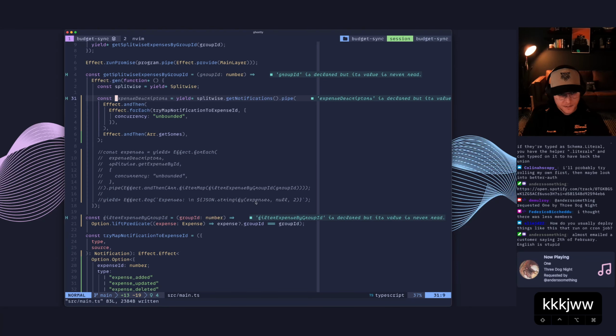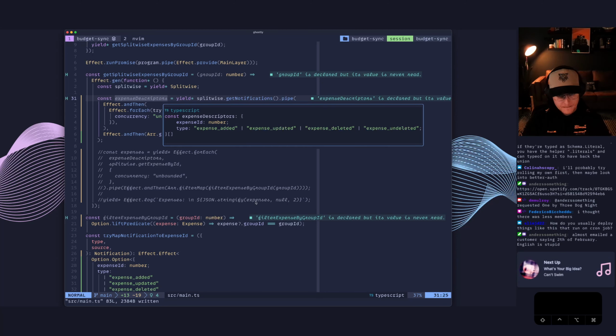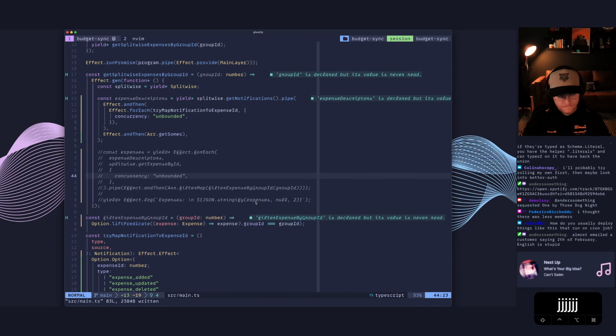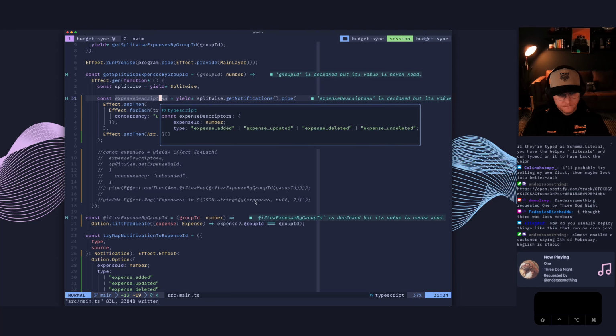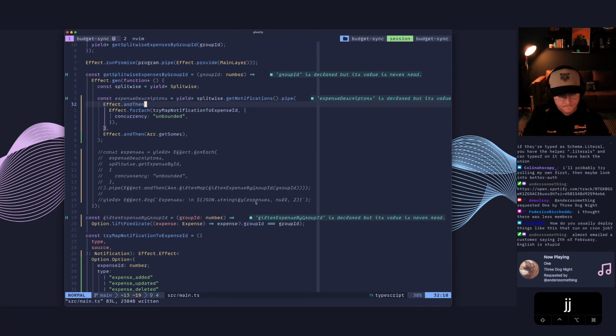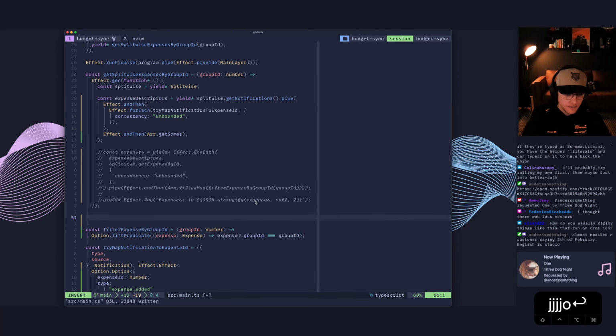So we have these expense descriptors. So we should take that and then we should process, right? So let's write another function here, and we'll just say like,